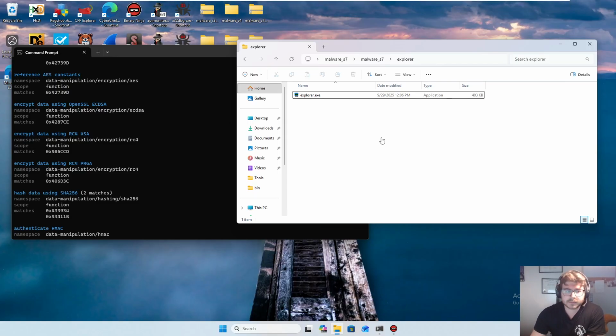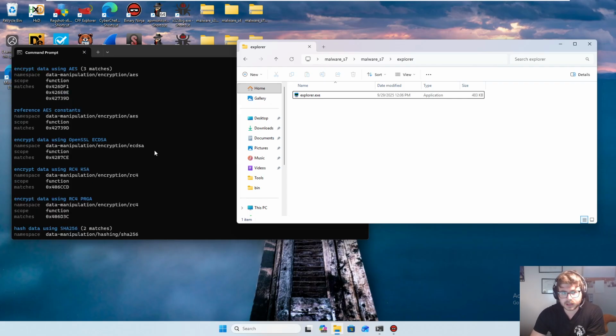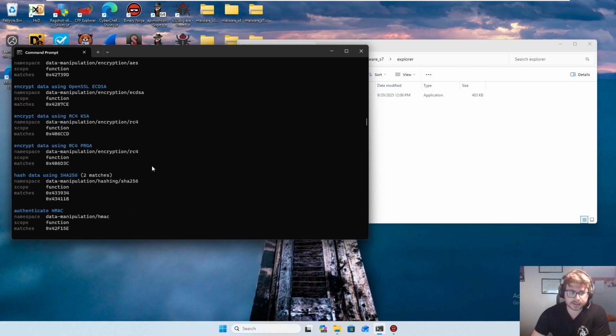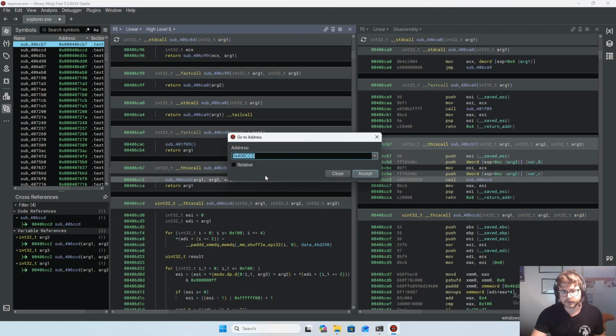The first thing that we're going to be doing in the lab is we went ahead and ran a capa scan against this explorer.exe, and we're focusing on the capa findings for RC4. We have this RC4 KSA finding, and we have the RC4 PRGA finding. So we're going to start by looking at PRGA. We're going to grab the address. We're going to go into Binary Ninja,